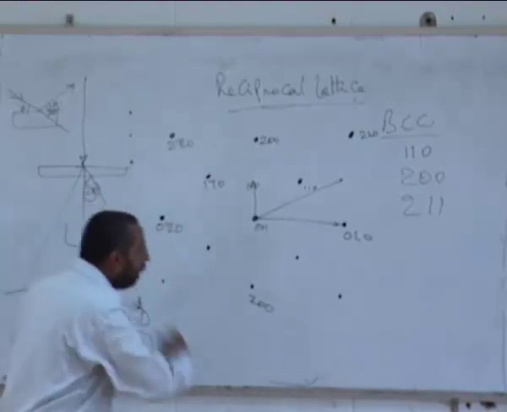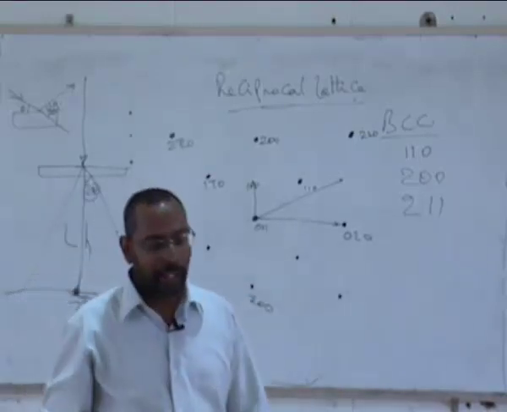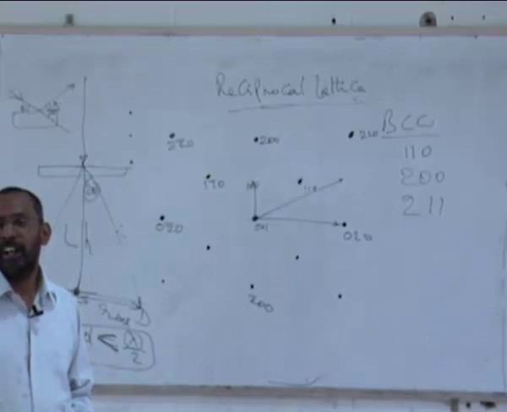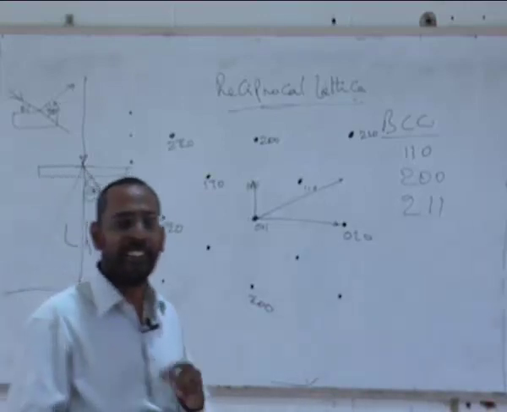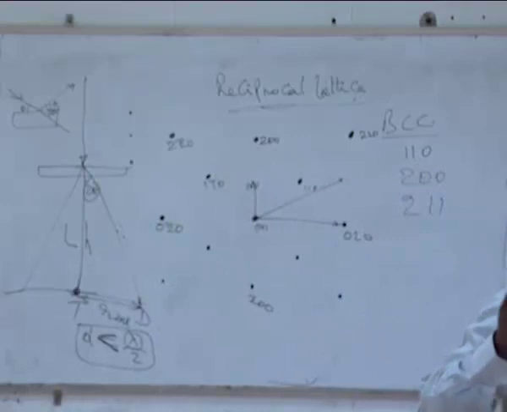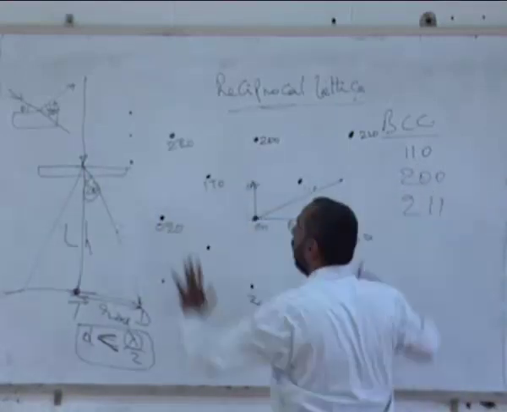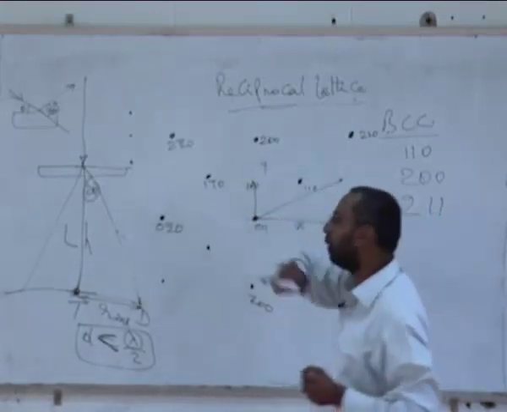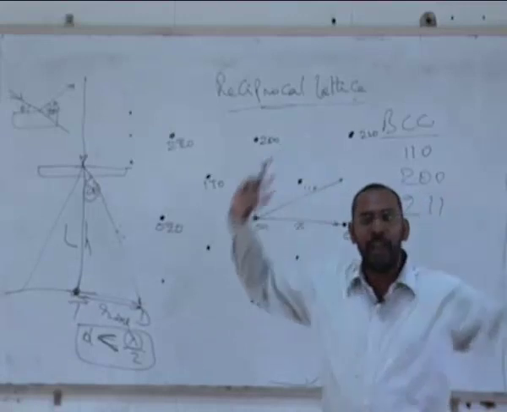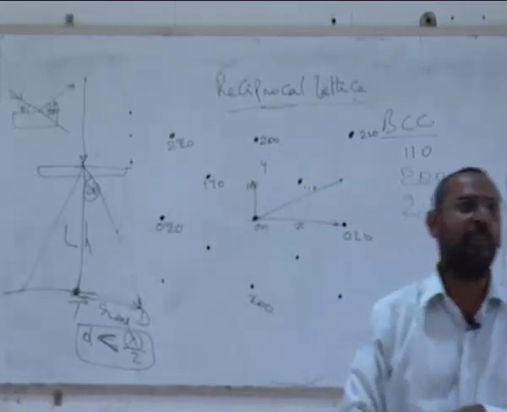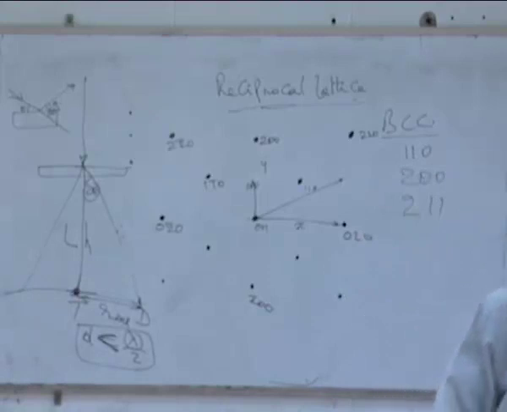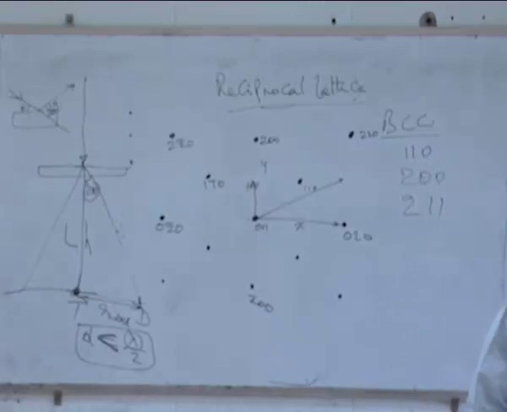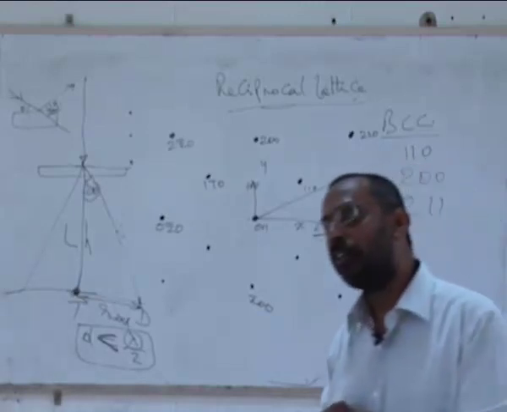Like that, I can find out this whole diffraction pattern, and if I do it in 3D, it exactly looks like a particular kind of structure. If I imagine that 3D as a unit cell, this is only one plane I am doing. I am extending it into 3D. This is only my x-axis and y-axis, let's say. If I look at this, imagine a unit cell. What will be that unit cell? Can somebody tell me? What kind of a unit cell it is? First of all, is it a cubic unit cell? It is cubic. And what cubic is that?